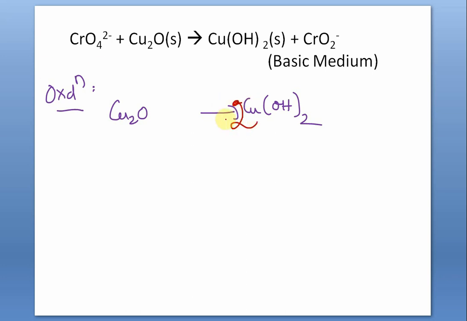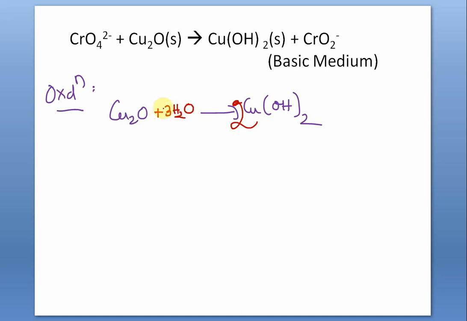After having done that, look at oxygen. How many oxygen atoms are in excess? Now here there are 2 2s are 4 oxygen, and here there is 1 oxygen. Here there are 4 oxygen, LHS 1 oxygen. So 4 minus 1, 3 oxygen atoms are in excess. So you have to add 3 water molecules.